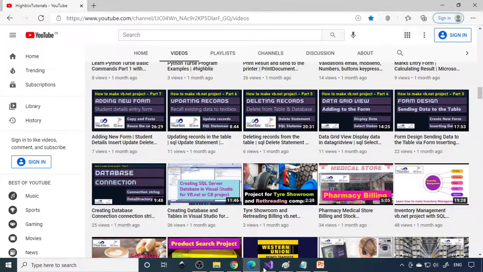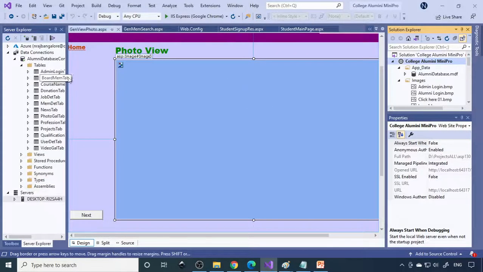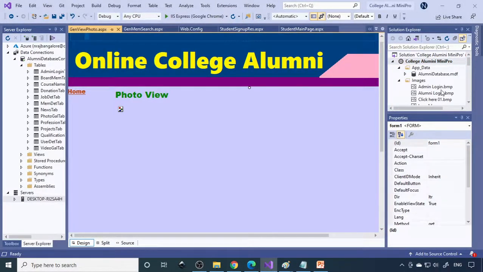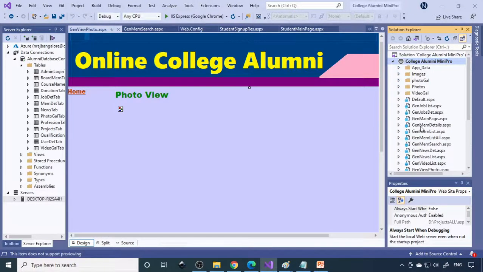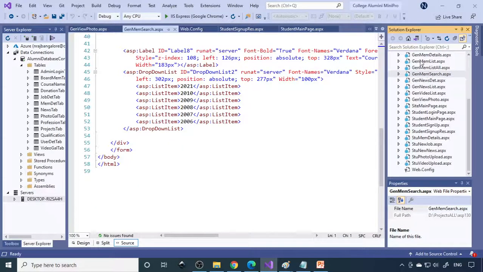Fine. So now I'll show the demo here. Here is Visual Studio 2019, and here you can see these are the files, right? These are two main parts: one is a general member, one is a student. First you need to run here. When you run the project, you'll run the IIS server. Now you can see that the IIS server is running.